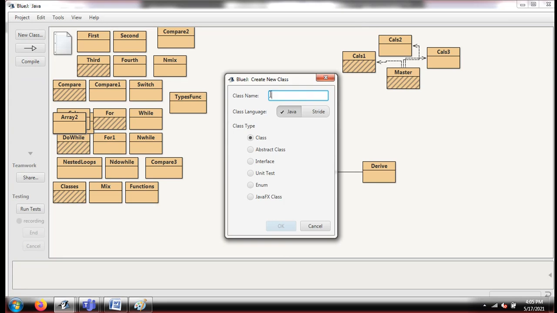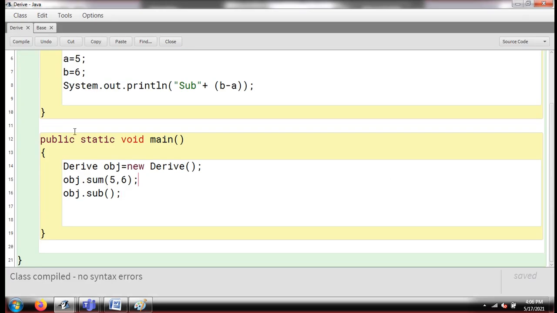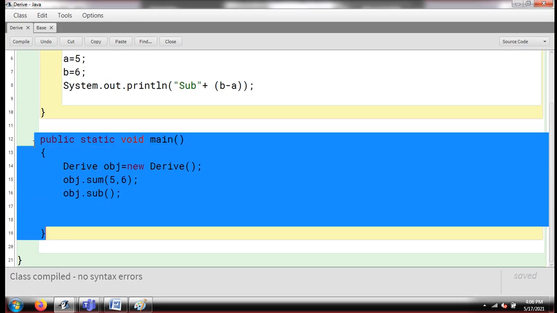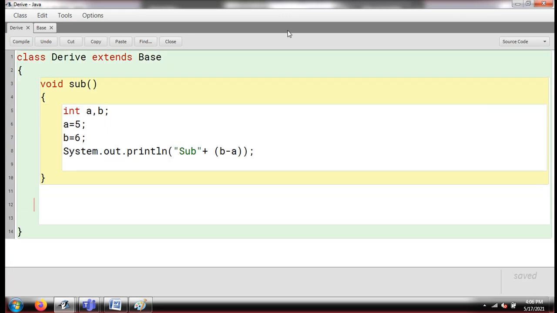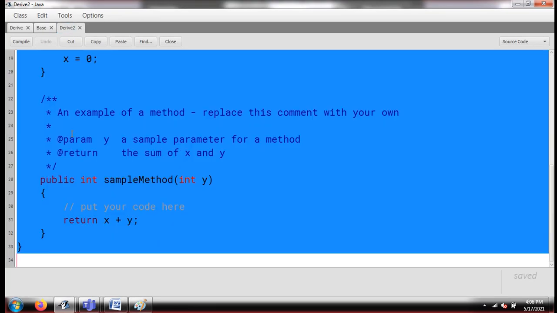But I'm going to explain one more thing that is possible here. If you want, you can design one more class, that is drive2. This public static void main, you can cut from here and add here.